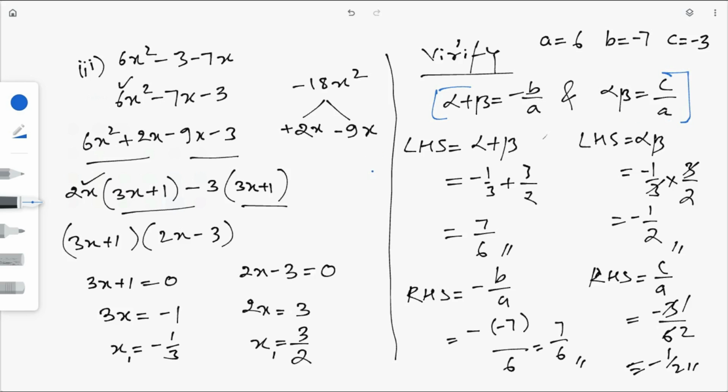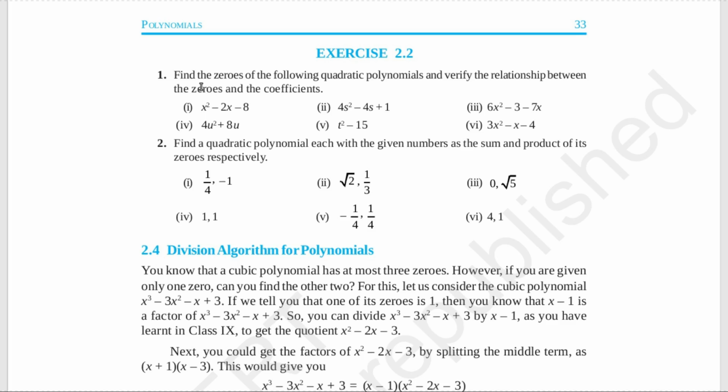So we are done with the third question from your first main, 2.2, second main, third question. Okay, fine. Next. So what is your next question? Okay, for sixth one you can solve. Okay, again splitting the middle term, you can solve this one. Let me give you zeros of fourth and fifth. These two are a bit different from other options, right?